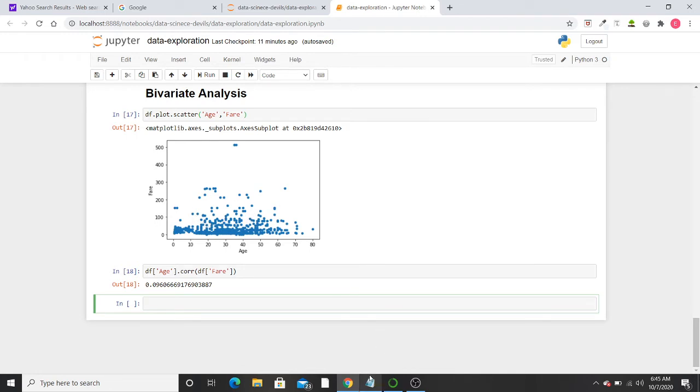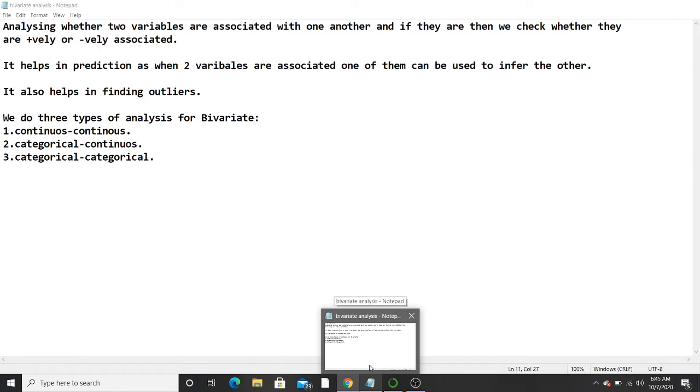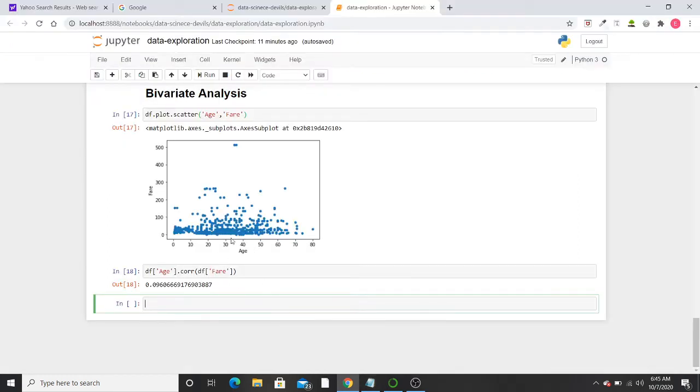So here our first part is done. That is bivariate analysis for continuous. First of all, we plotted the result so that we can infer visually is there any correlation between them. Then we moved on to more mathematical concepts like whether they are related to each other using correlation. Now correlation is a part of statistics and it is a prerequisite for data exploration.